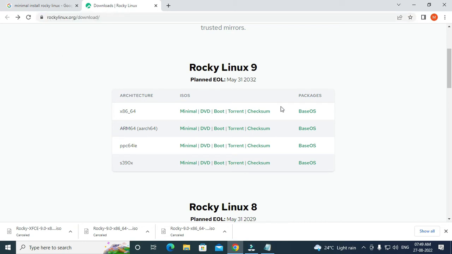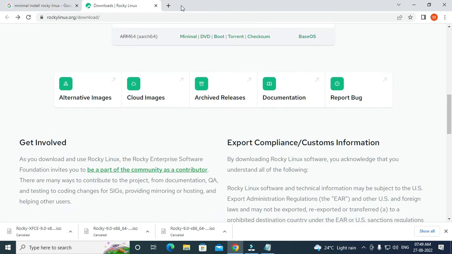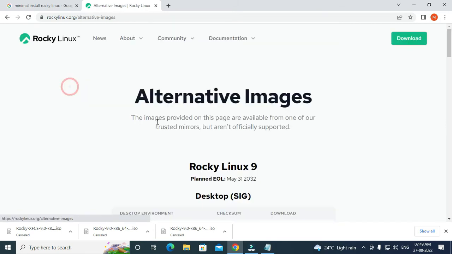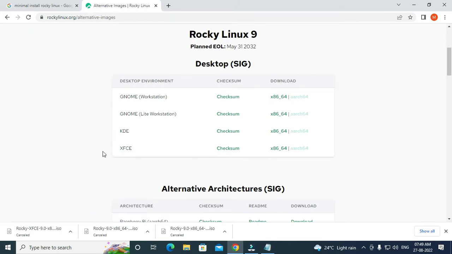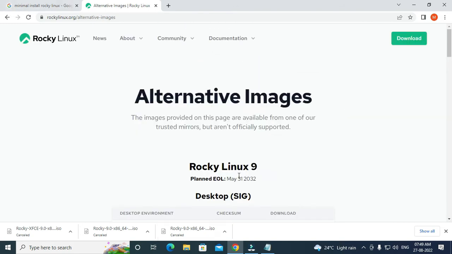So I have downloaded a DVD image, which you can see here, and there are multiple versions like minimal version, boot version, and you can also download from the torrent, and it also has alternate images for workstation, light version, KDE, XFCE, different versions are there. So I have already downloaded the DVD version of Rocky Linux,